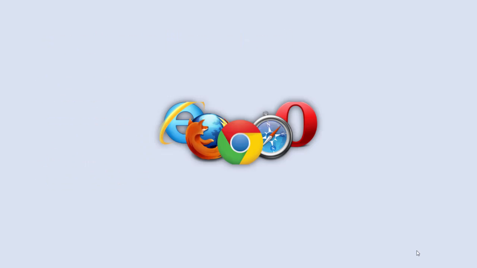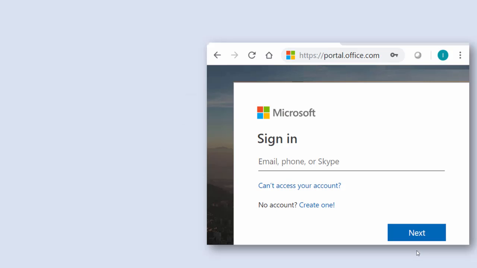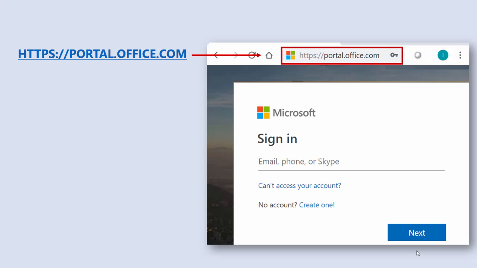Logging into City of Santa Monica email is done through the internet. So I want you to open up your web browser, and it doesn't matter which one you use. I'm personally a fan of Google Chrome, but you might like Internet Explorer or Safari or any of the browsers that are on your computer. And the web address that we're going to go to is https://portal.office.com. And it doesn't need to be in all caps, and you'll type it at the top of your browser